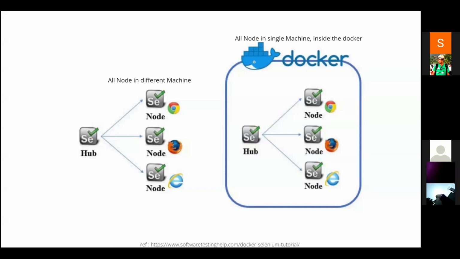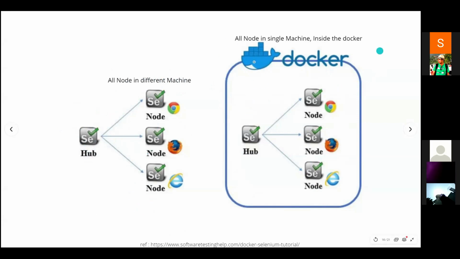Let me show you the whole analogy here, and the whole problem. Mice has only a single machine, and he wanted to run on multiple environments. So in this case, Selenium Grid is not going to work. But in this case, Selenium is going to work. How? Because these hub and node are different machines, and they're connected.